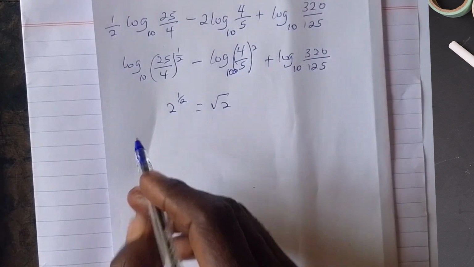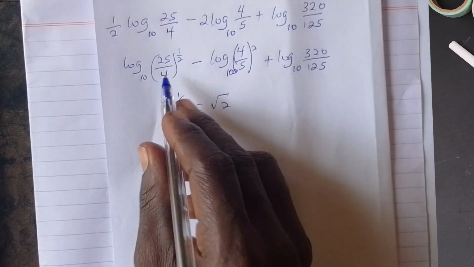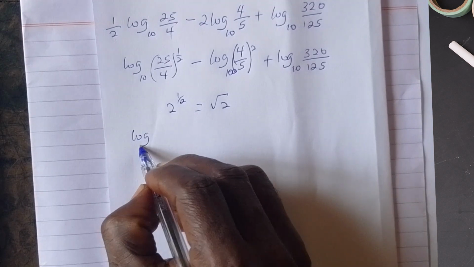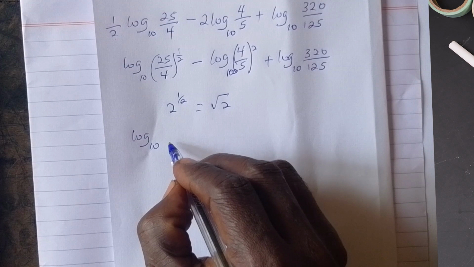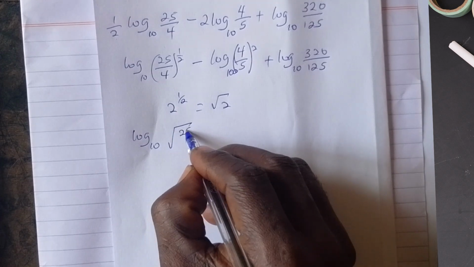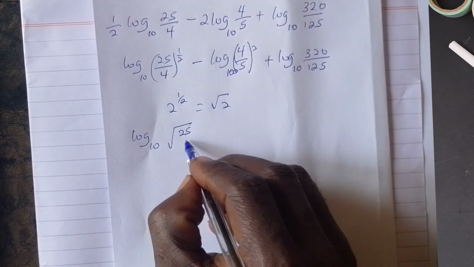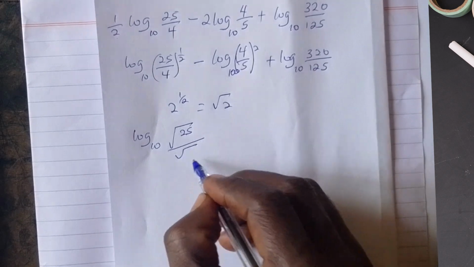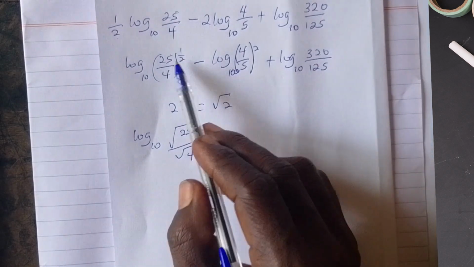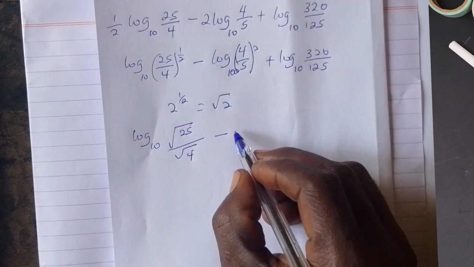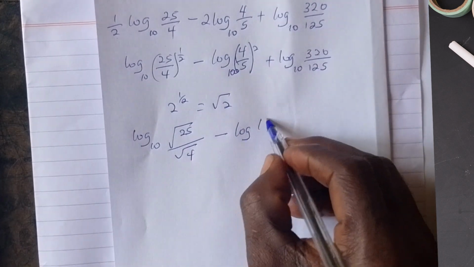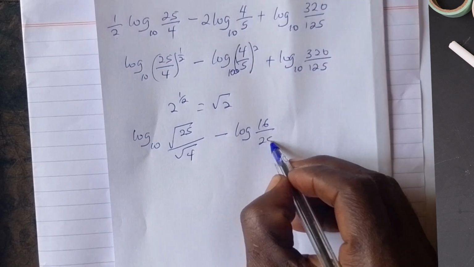From this, it can be written as log to the base of 10, the root of 25 all over the root of 4. That is, the half is affecting both things over here, minus the log of 16 over 25